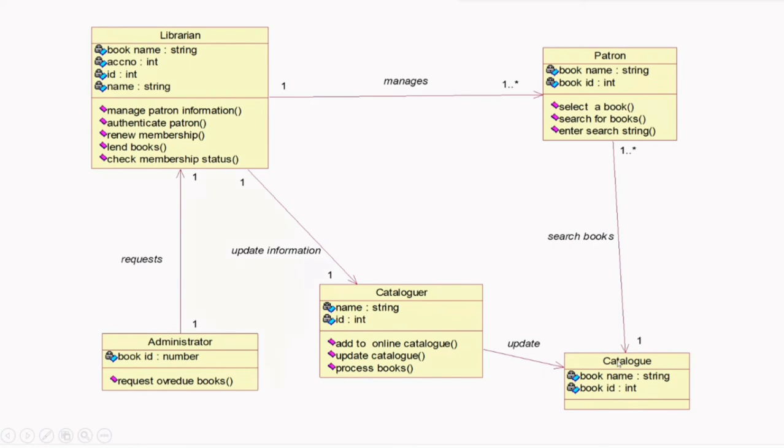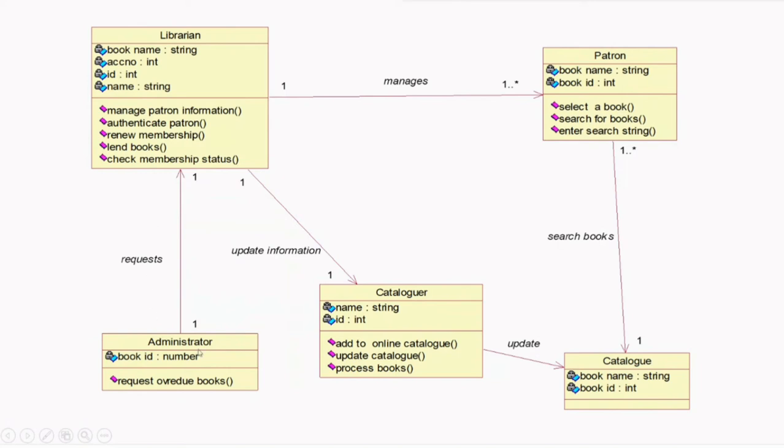So here a catalog will be one. You cannot have multiple catalogs, but students will be multiple. A librarian is single and students are multiple. A single librarian will manage all these 5,000 students. A single catalog will be there, where all the 5,000 students belonging to UG, PG, MBA or MCA, I'm talking about our college, can search. So here, 1 to star means 1 to n number of students can access the catalog.